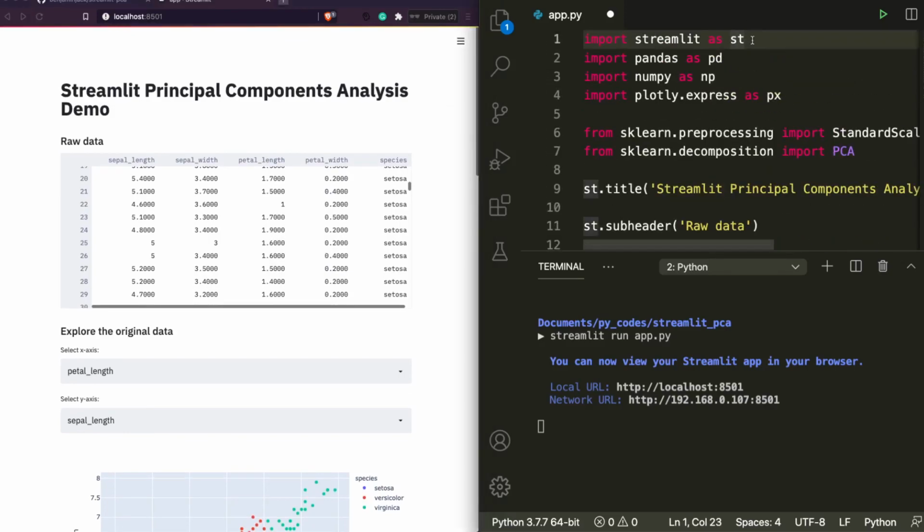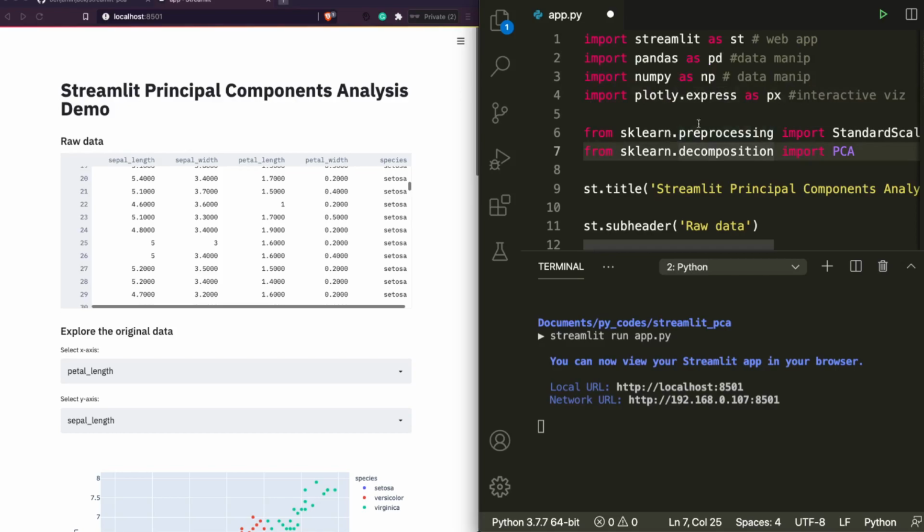So Streamlit is required for a web application, and we are using pandas for data manipulation, and we are using NumPy for the same thing, data manipulation. And then finally we are using Plotly Express for interactive visualization. If you have never used Plotly Express, it is a wonderful package from Plotly that really makes it easy for anyone to use Plotly. If you have struggled with Plotly Go objects, Plotly Express is inspired by ggplot and Seaborn. I've got a separate video for Plotly which I'll link in the description. You should definitely check it out.